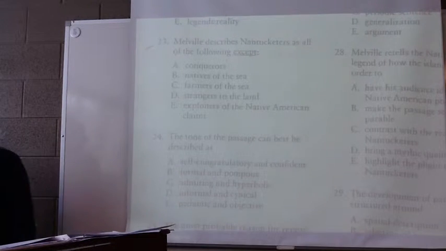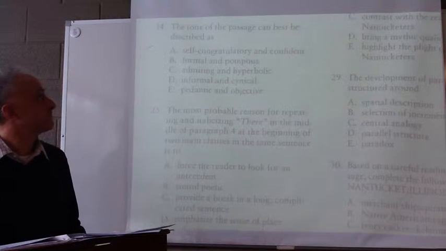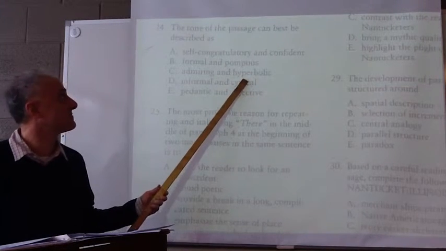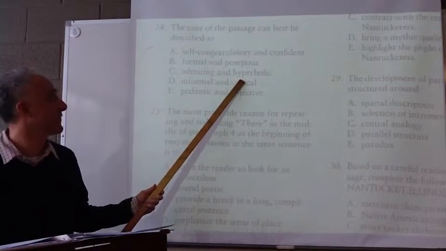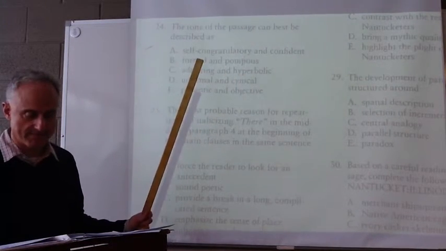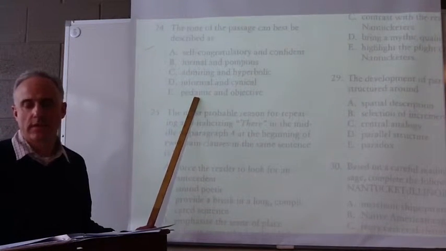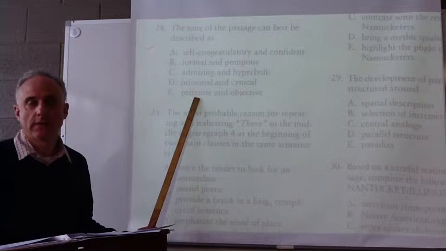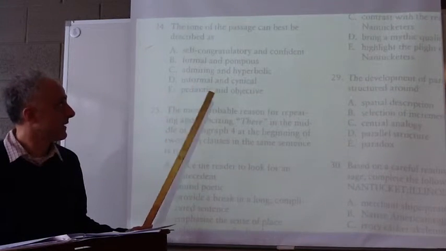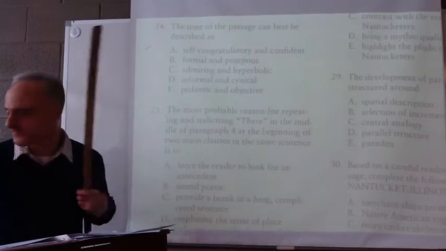24, there was a question. The tone. Now, remember, I explained how he was using hyperbole. It's hyperbolic. It isn't just a geometric term. He admires them, and he uses a lot of hyperbole. That's why it's C. Pedantic means that you're overly careful about detail and so on. That might be a new word for you. Pompous means you're kind of full of yourself. No, it's this.